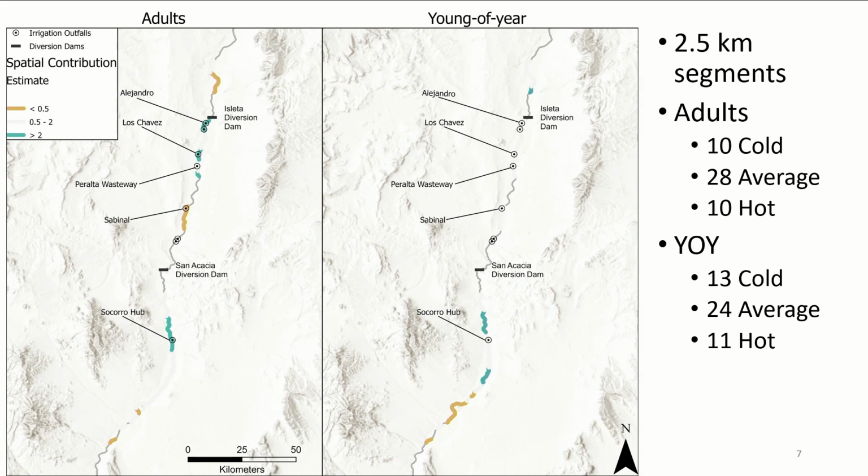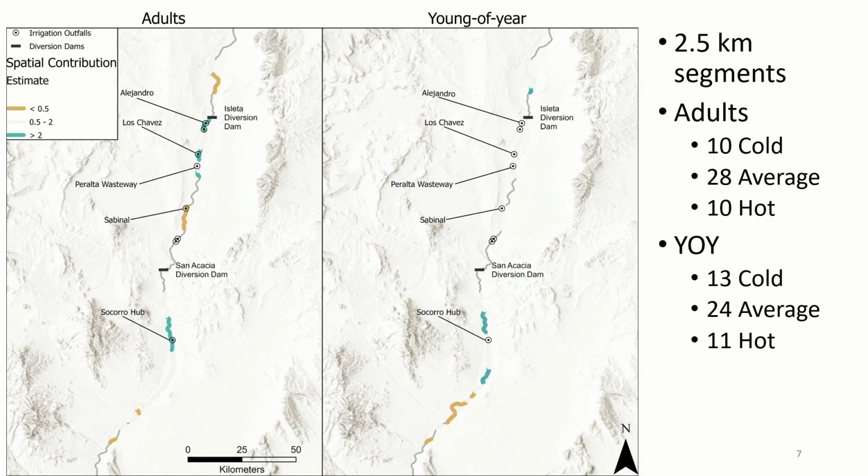And the other change from the report is I had 5 categories. Here I've broken it down, there's just 3. There's just really cold spots, which are the brown areas, and the really hot spots, which are the green areas, and then everything else gets into the average, which is the white. And the cold spots have fewer than half as many fish, and the hot spots, the green areas, have more than twice as many.